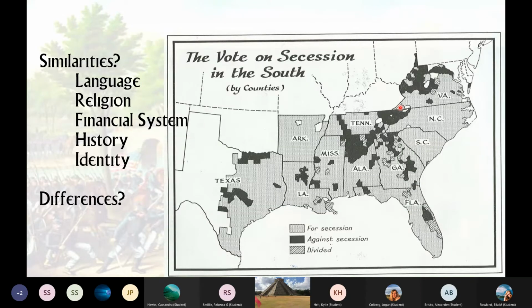Both the North and the South have a common language. Having different languages has always been one of the big causes of civil war, especially looking at European history, or look at some of the most bloody civil wars. When I mean language, also fits in, and let me type this in. Ethnicity. Ethnicity too, your ethnic background.